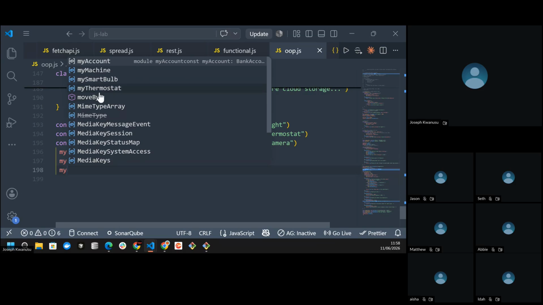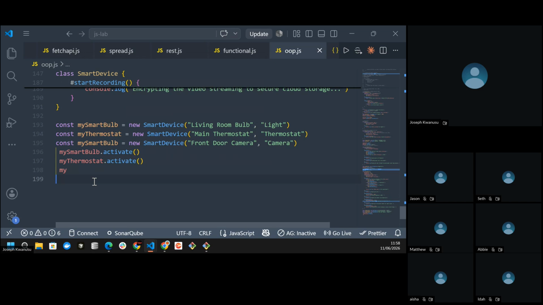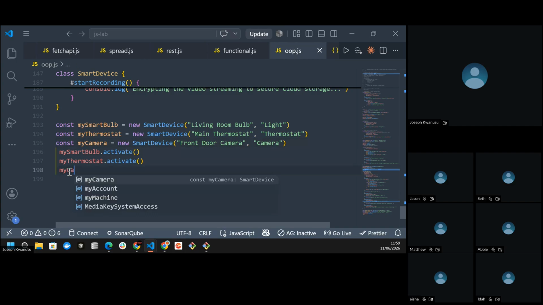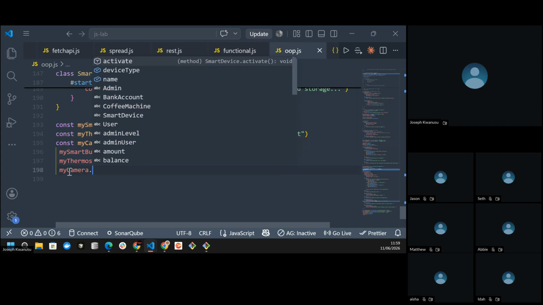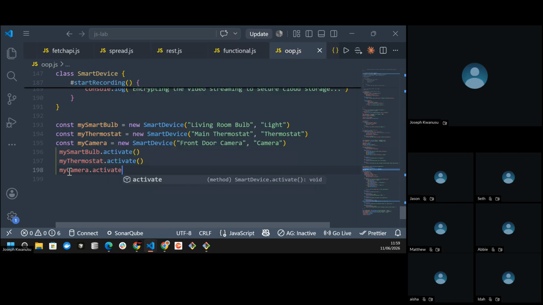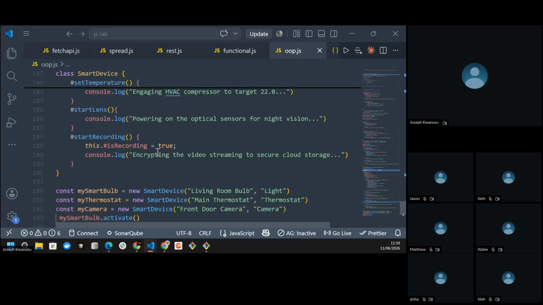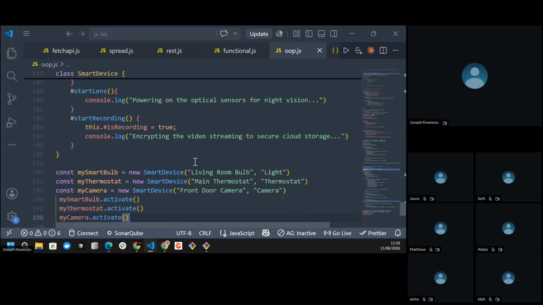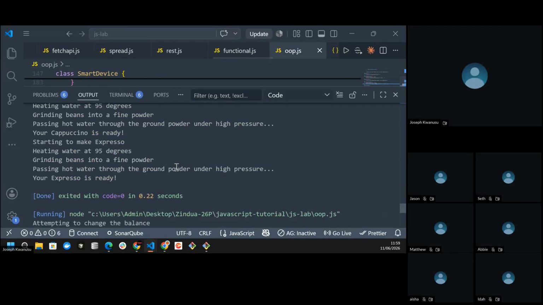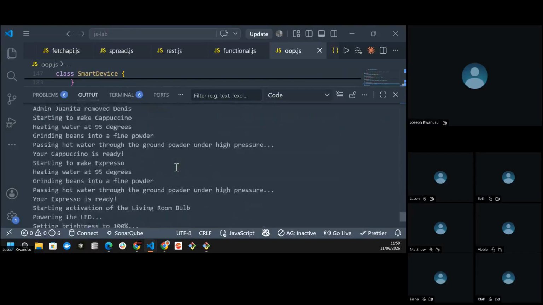So my camera, where's my camera? Lost. Oh, this one should have been my camera. So I call my camera dot activate. So if I do this, now we should see exactly this doing as expected. So when I come to it now here, let's see,